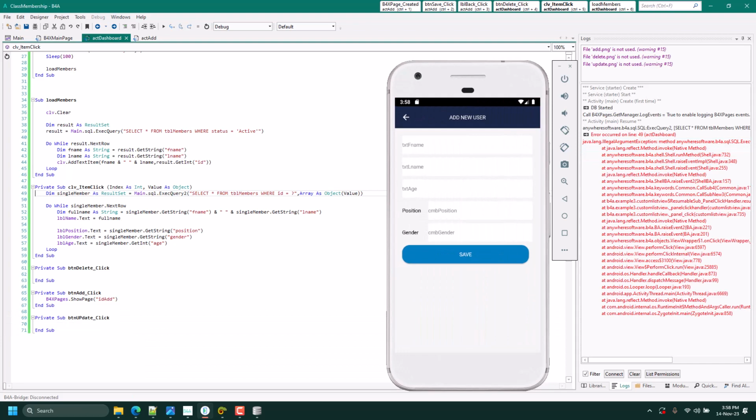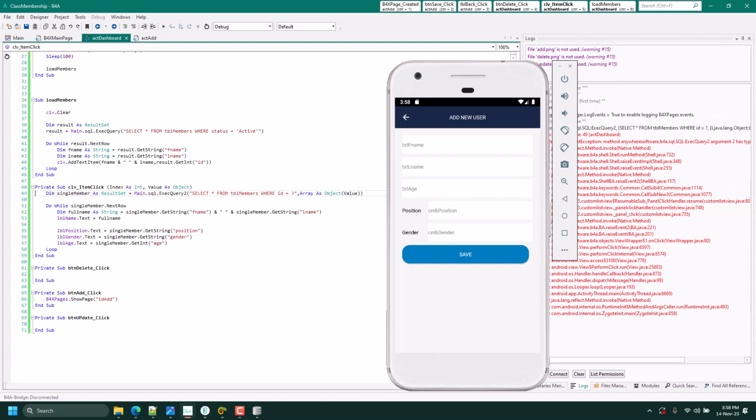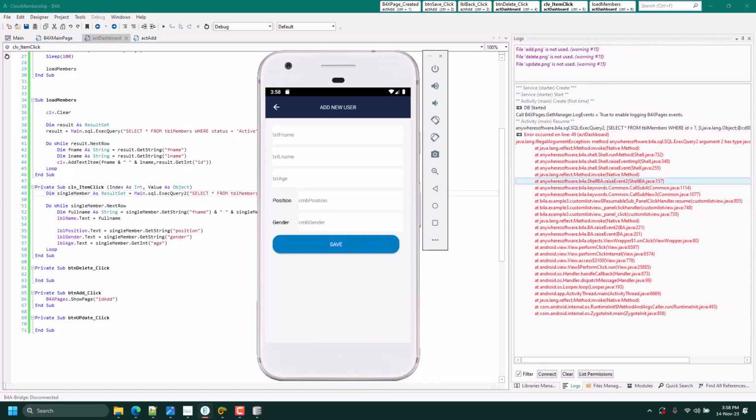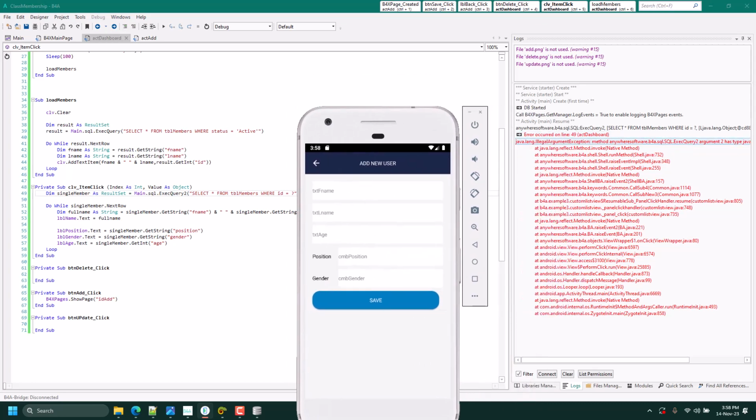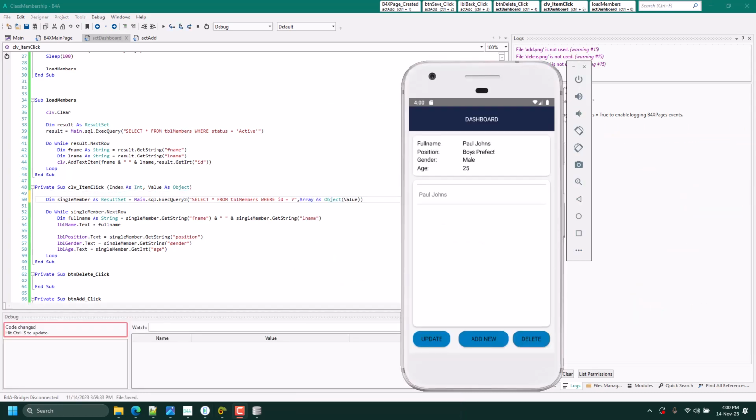Having an error. Okay, I think there should be a string.